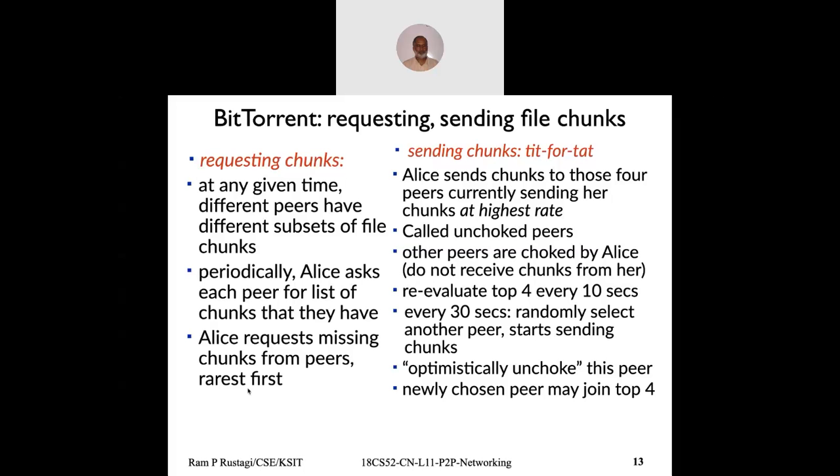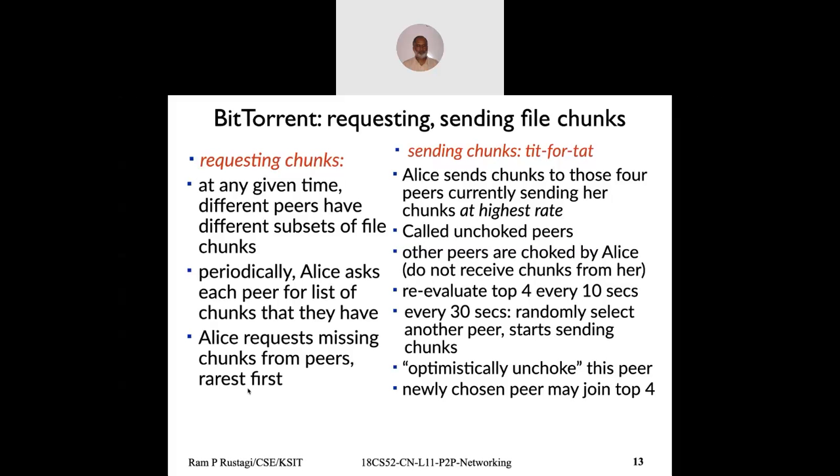Now, which peers do I send data to? All the peers are sending data. I measure the rate at which they're transferring data to me. Identify the top 4 with the highest rate, and I call them unchoked peers, meaning I will send data to only those top 4. And then every 10 seconds, I reevaluate my top 4 because there could be another peer who could send me data at a higher rate. And then I'll unchoke that peer and keep evaluating. But this is from the current peers which are sending me data.